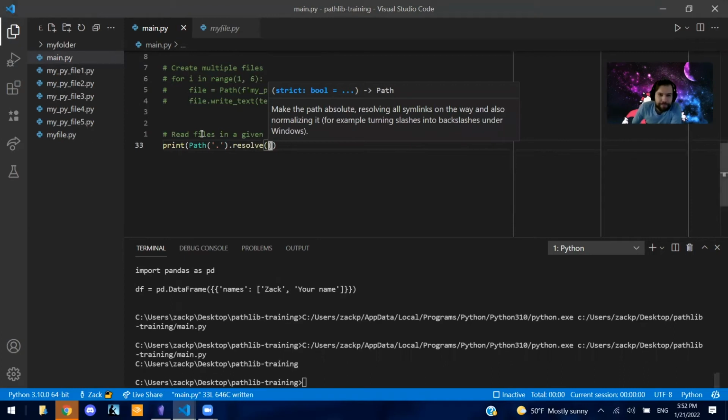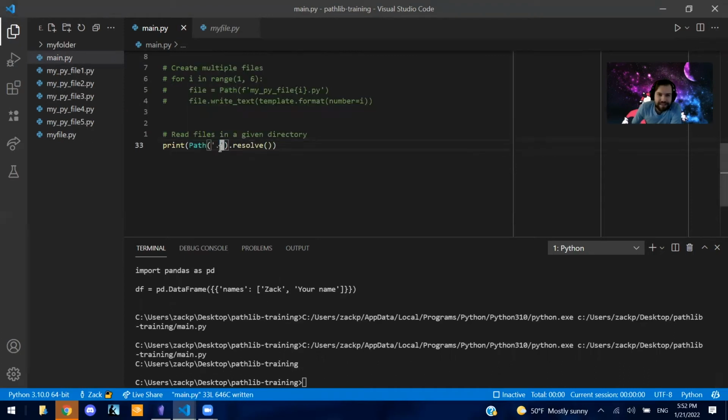So yeah, as you can see, this path with a single dot, which represents the current directory, is going right up to where our folder is. So C users is ZachP desktop pathlib training. So that is correct here. Now let's see all of the files that are inside of this. So we're going to say for path